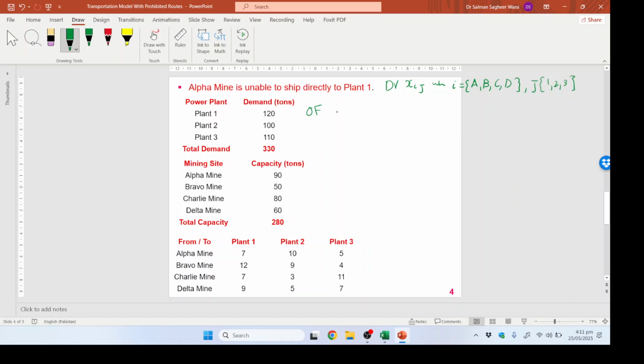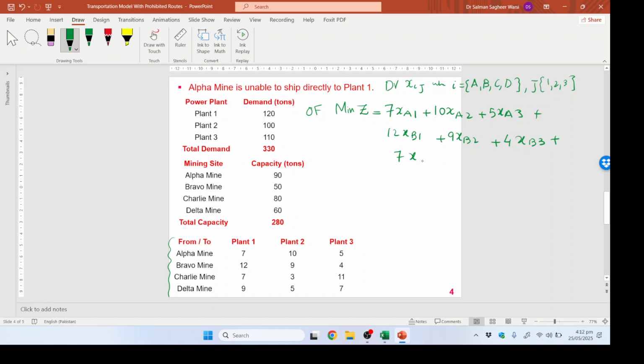The objective function is to minimize cost. We will write it as minimize Z, and that is equal to the cost of transportation from mines to the plant. So using the last table, we will write the objective function as 7xa1 plus 10xa2 plus 5xa3 plus 12xb1 plus 9xb2 plus 4xb3 plus